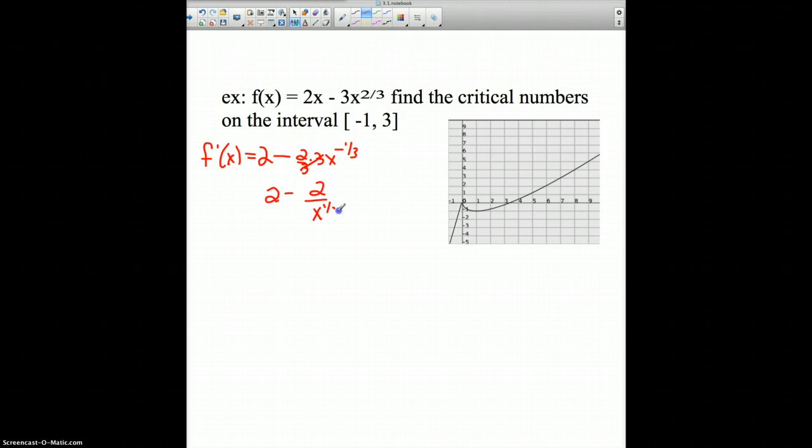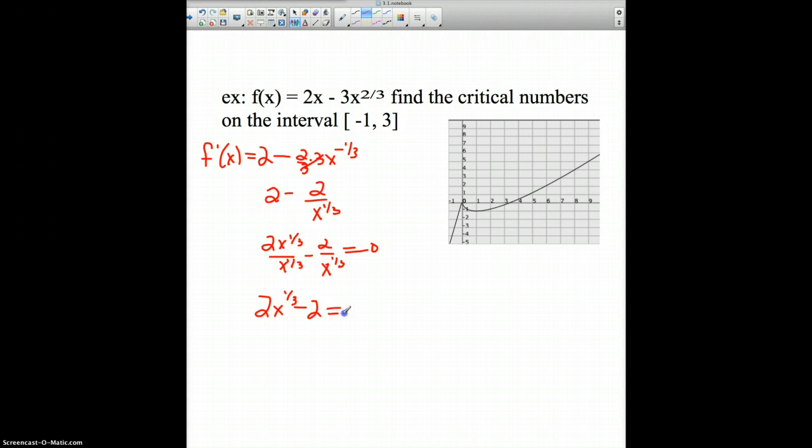It's easiest to set things equal to 0 if they have one common denominator. So let's multiply this first 2 by 2x to the 1/3 on the top and the bottom, and then combine them as one big fraction. So if we want to set that equal to 0, when a fraction equals 0, only the top needs to equal 0. So we'll have 2x to the 1/3 minus 2